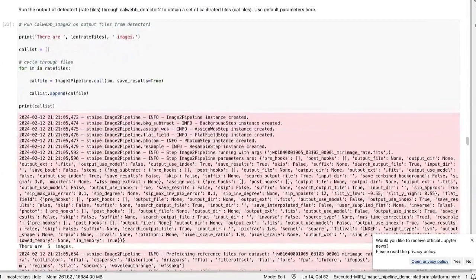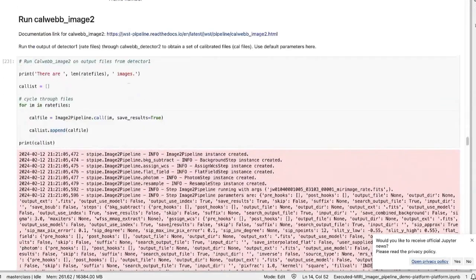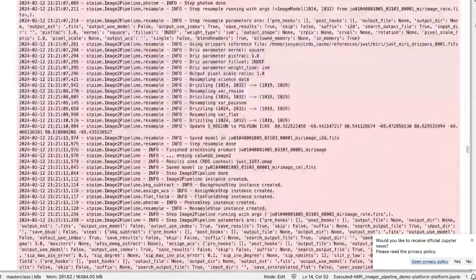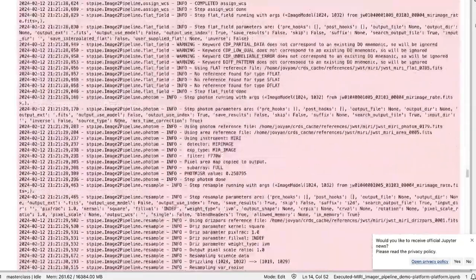And then we'll run CalWeb image 2. Now this one I tend not to change parameters. It's pretty self-sufficient on its own. There's not a lot that needs to be changed. So I just run it, call for each file the image 2 pipeline, give it the image and save results. Let me scroll down out of that one,